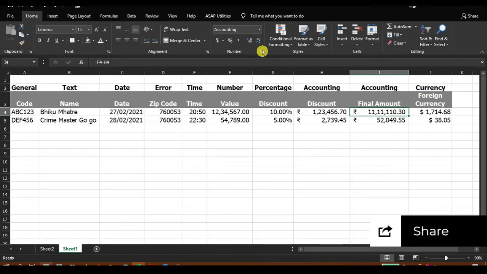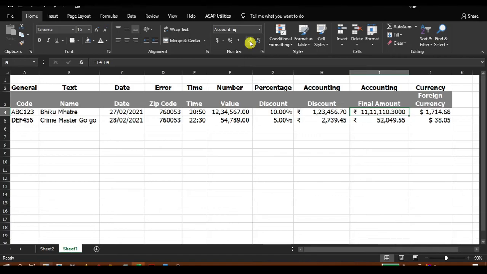There are two other options available here. You can see these two tiny little options here. These are the options to increase the decimal or decrease. So if you want to increase the decimal, just click on this. You can see my decimals are increasing. If you want to reduce the decimals, you can click the other button as well. This will allow you to control how many decimal places you want in your cell or in your data.